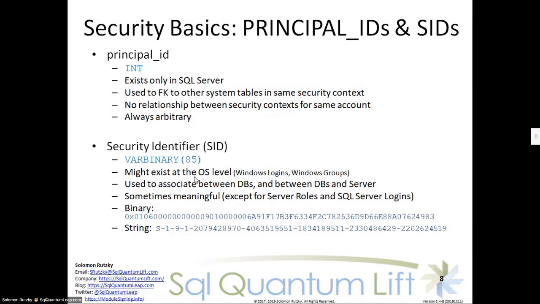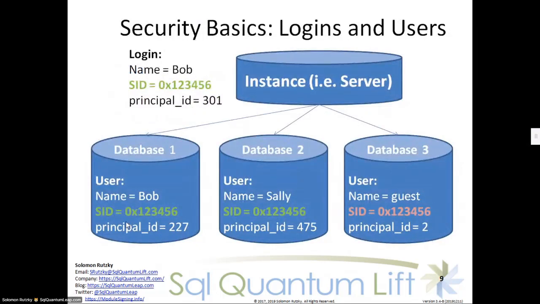That links, like when you have a Windows login, it brings the SID of your Windows or Active Directory account into SQL Server as the SID. And then if you allow that login to have access to databases, it then copies that SID again into the SID for the database principal within each database, which you can then see in the sys.database_principals view. So just to give a graphical overview of the relationships here, we have at the instance level,